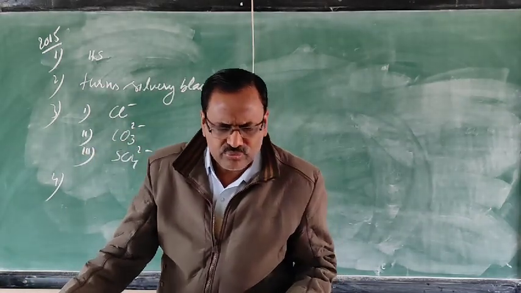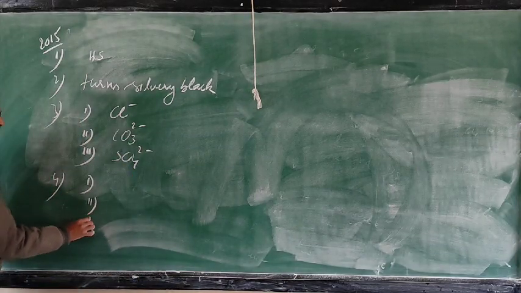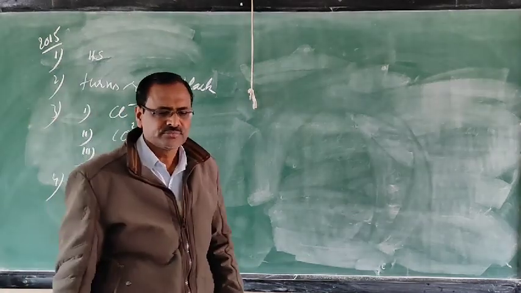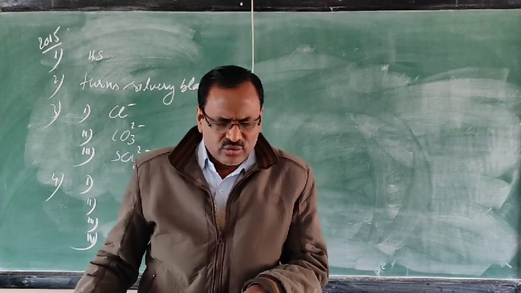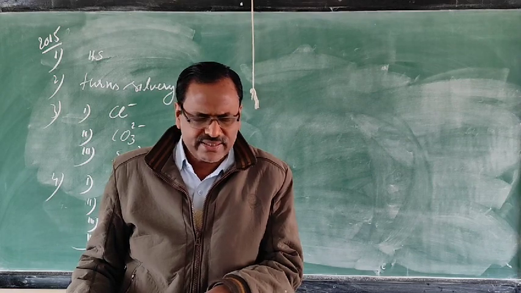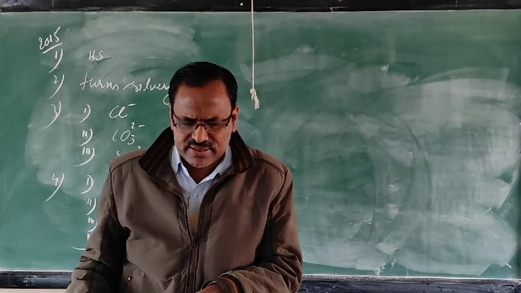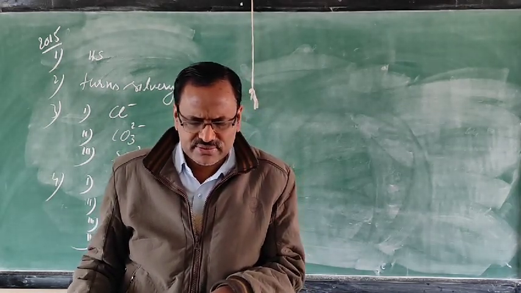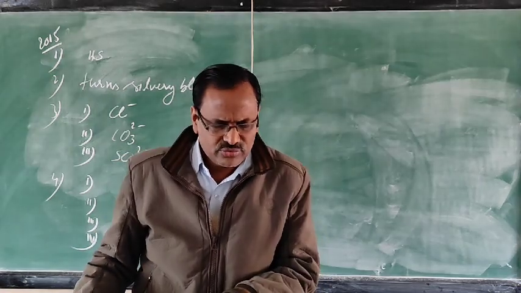Now the fourth one: identify the cation. There are four parts. Such questions are very important because they check your knowledge, and only those who studied properly can answer such questions. Identify the cation present in each of the following compounds W, X, Y, Z. To solution W, ammonium hydroxide is added, first in minimum quantity and then in excess. A dirty white precipitate is formed, which dissolves in excess, forming a clear solution. So with ammonium hydroxide only two dissolve, either zinc or copper.